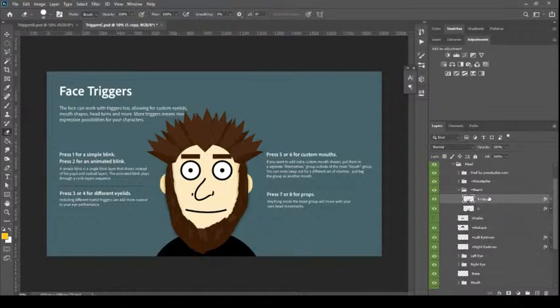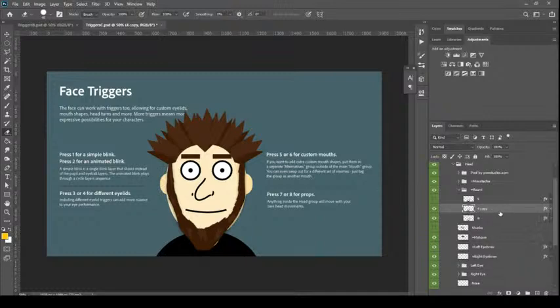Control J to duplicate it. Drag this one down, hide this one, and rename this to number 4. And what I will do is start erasing some parts here to make it a little shorter. Then I will Control J here, drag this down, hide this, and make this one number 3. And a little bit thinner I will make from the bottom, like this. Now Control J again,